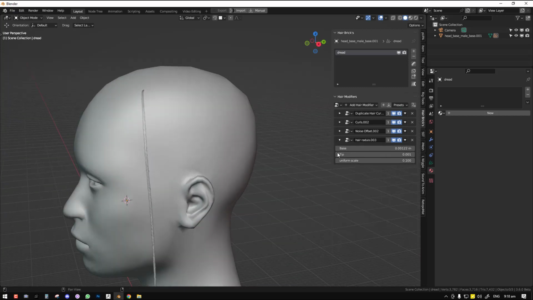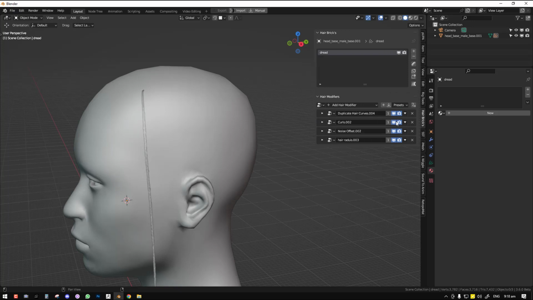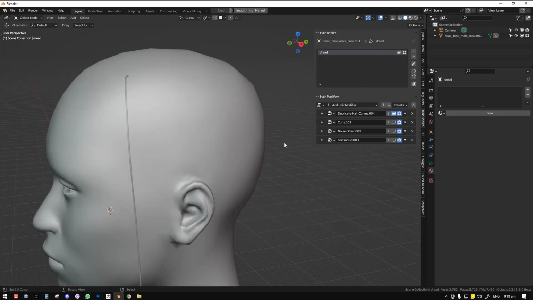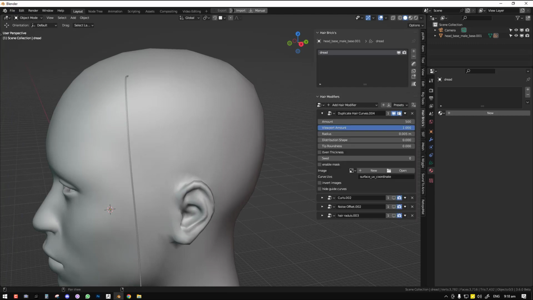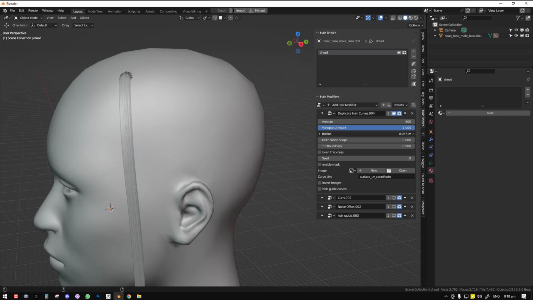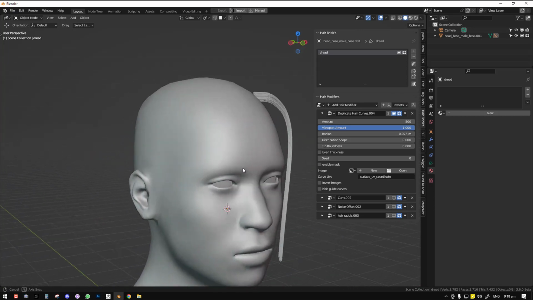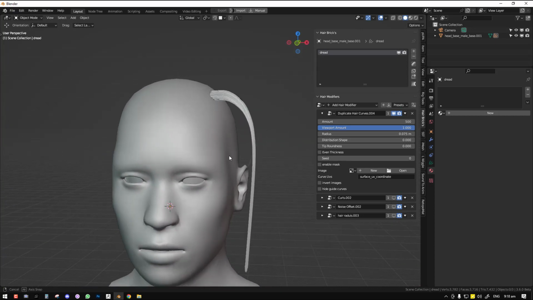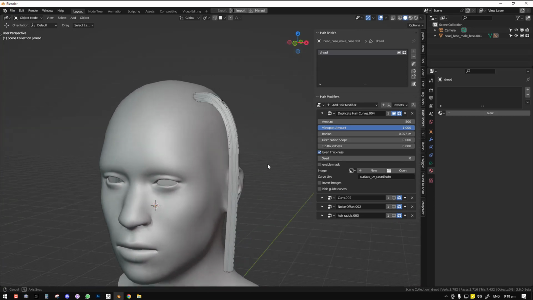So let's go through the breaks that we have. So the first is duplicating. So we duplicate the curve, because initially we just had one hair strand. So with the duplicating, we can kind of play with the radius to match the scale we're going for. So for dreadlock, we want to click on even thickness,